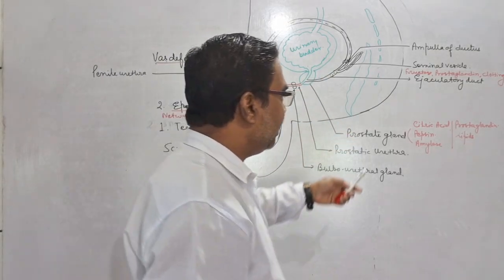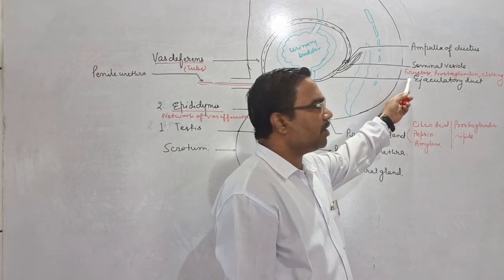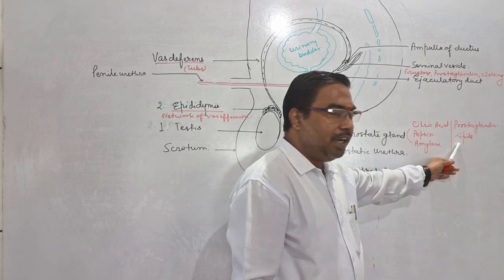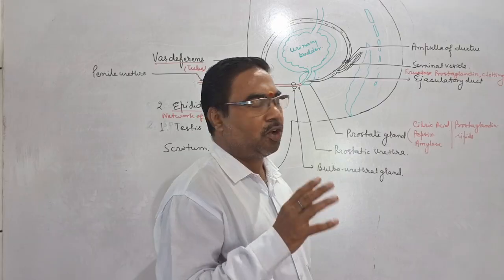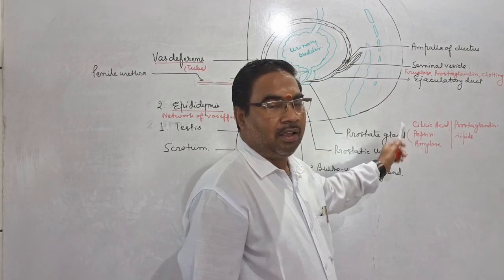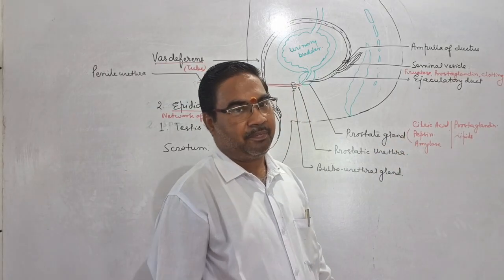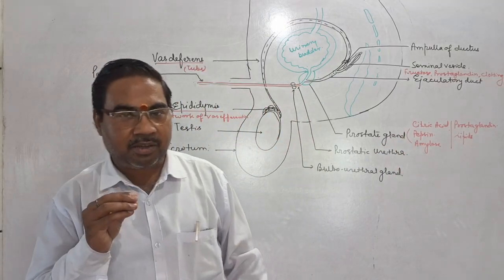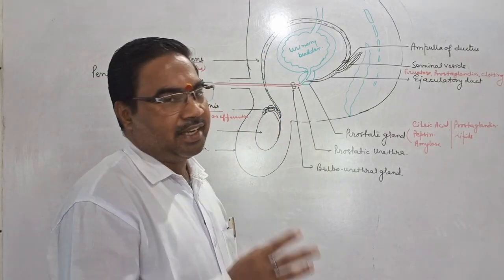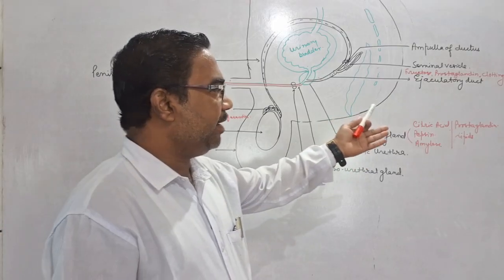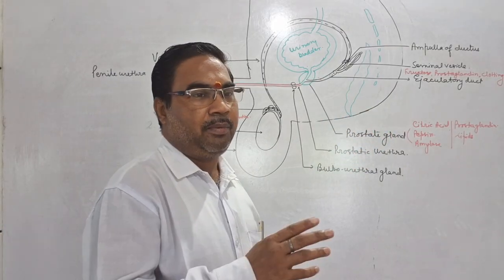You must remember that these two are the enzymes. Amylase is helping in the digestion of carbohydrates, and lipid is also emulsified there and digested. Pepsin helps in the digestion of protein. So these two are enzymes. For the proper function of these enzymes, citric acid is required. That means citric acid is providing the acidic environment to function these two enzymes appropriately. Prostaglandin again here is provided by the prostate gland, and it helps in the swimming of the sperm in the female